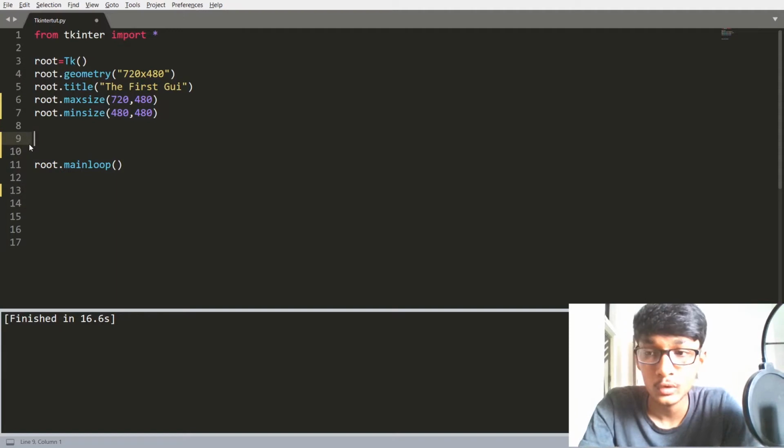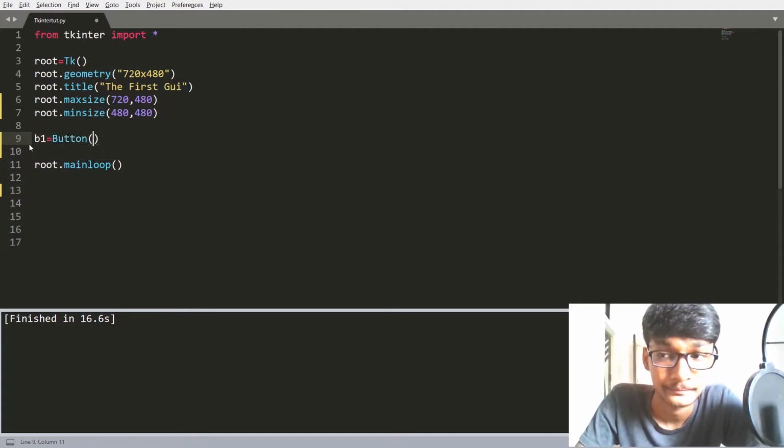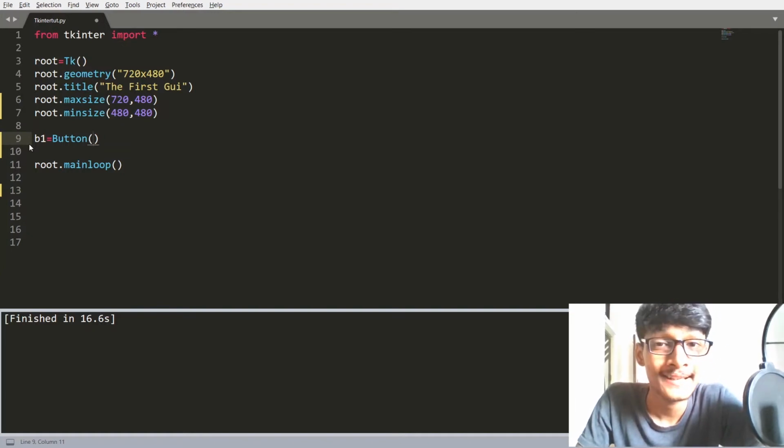First I am going to create a b1 variable, and inside that b1 variable I am going to create a Button, so I use Button and parentheses. In these parentheses you have to pass a few parameters. The first parameter is your master, and the master of a button is root.